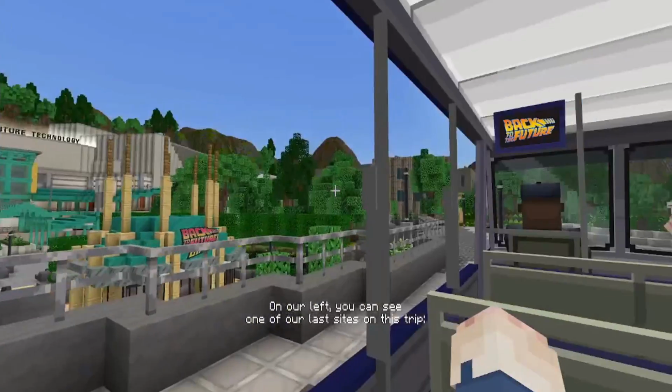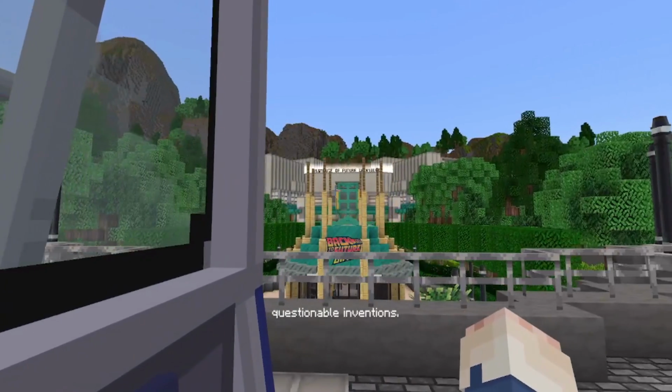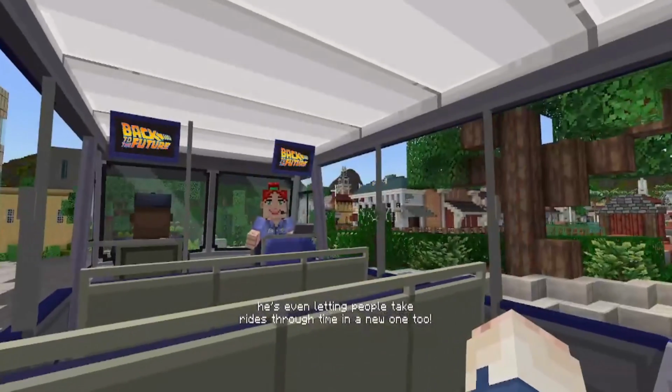And here's Back to the Future, the ride. One of our last sites on this trip, the Institute of Future Technology, where Doc Brown works on his questionable inventions. There you can find his famous time-traveling machine, and I believe he's even letting people take rides through time in a new...